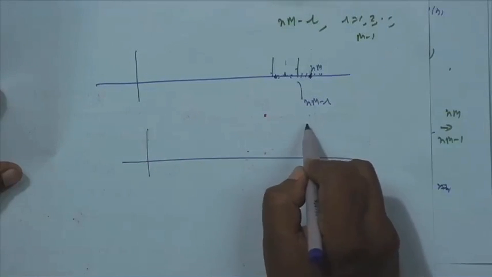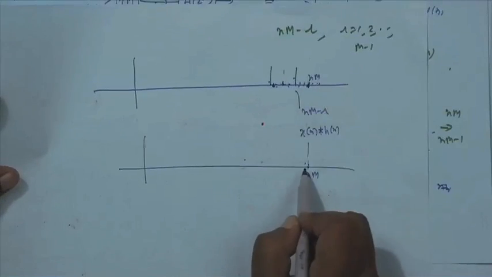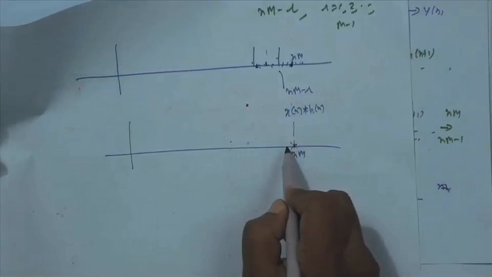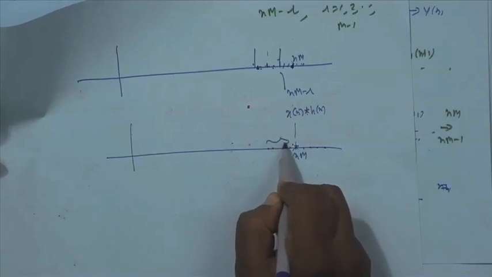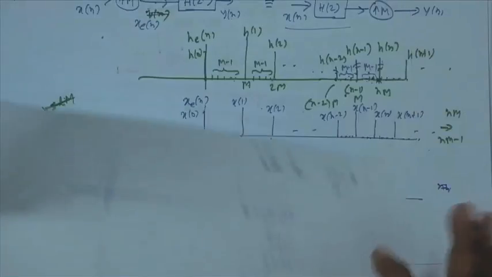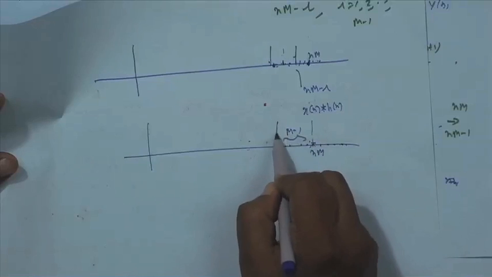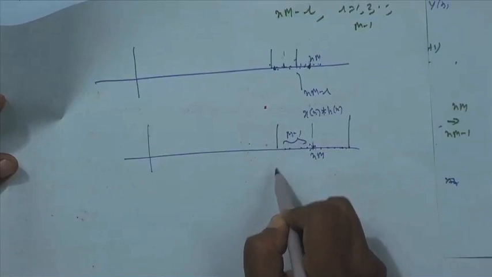At the nm-th point the output is as computed. But if I do not take, as I told you, if I do not consider the nm shift and consider less than that, then these points are zeros. The output at this point, by this shift, is 0. So you get 0. Then again, if you go to n minus 1 into m,